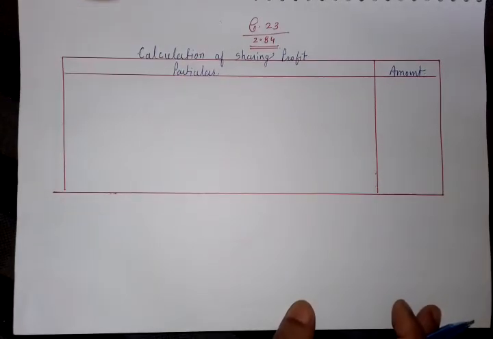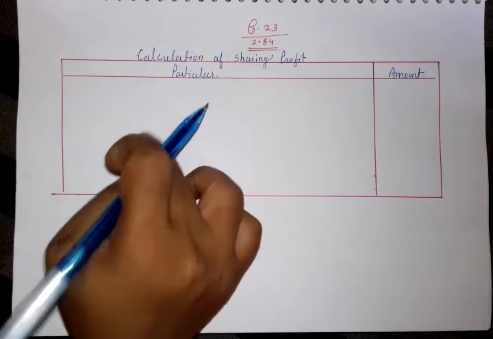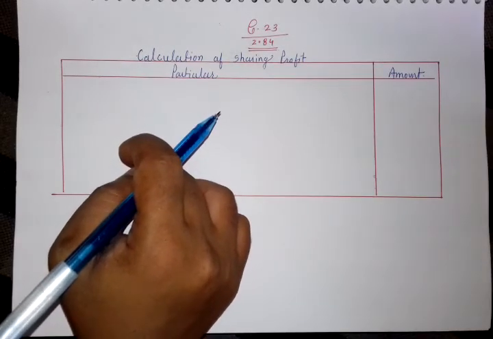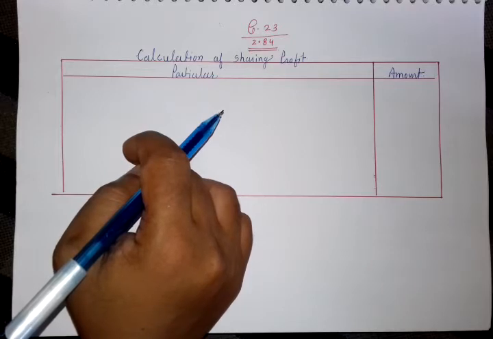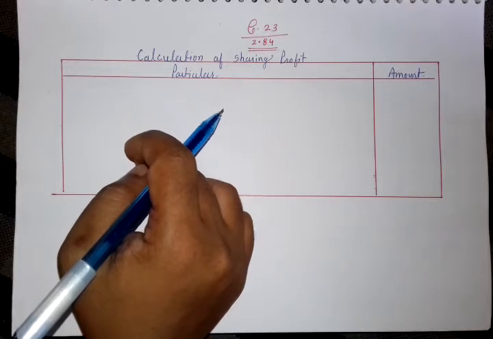Now the next question is question number 23. It is the part of salary and commission to partner. It is the third topic according to the book. Amar and Bhanu and Charu are partners in a firm. Amar and Bhanu get an annual salary of 1,20,000 rupees per year each. As they are fully involved in the business, net profit for the year is 4,80,000. Determine the salary and profit to be carried to each partner.